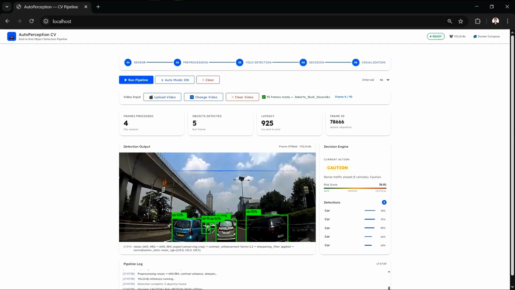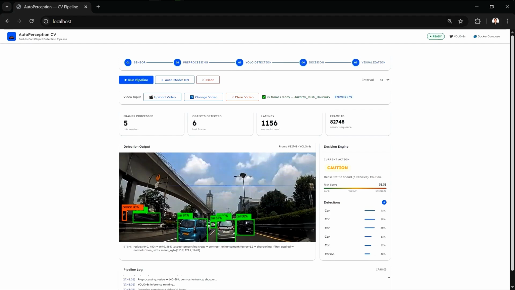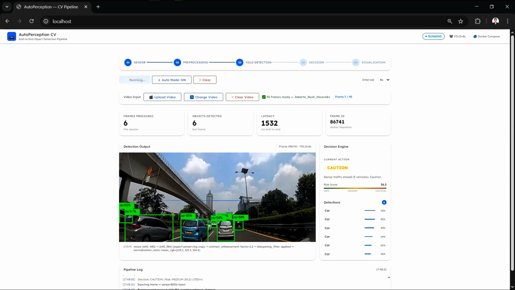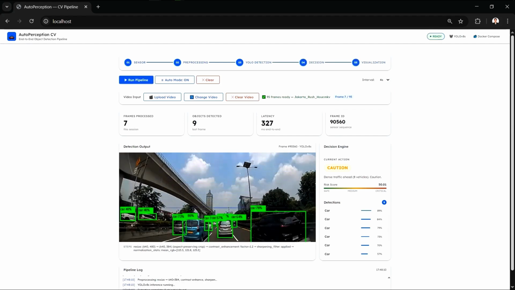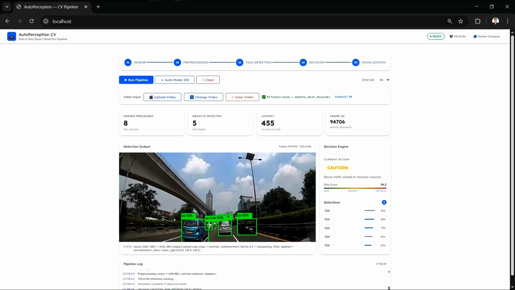There's the bounding box, confidence score, and driving decision, all in under 2 seconds on CPU. Auto mode is cycling through the video automatically.